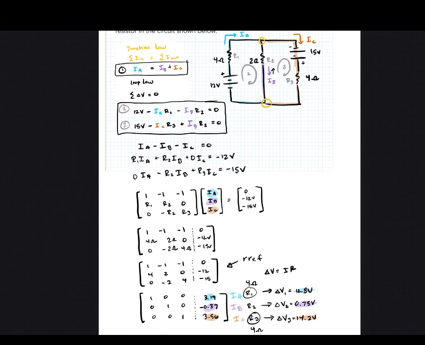So the last thing we need to figure out is, does this make any sense? If you're looking at these different loops, the batteries really tell us which direction the currents go. So it's pretty obvious that we picked current A in the right direction because this 12-volt battery is definitely going to push current that way. The IC looks like a good direction because this 15-volt battery should push current that way. Those currents both match batteries. But for IB, this middle current right here, this current isn't at all obvious because you could have this flow come back up, and this is a stronger current flow because we have a larger battery and they have the same